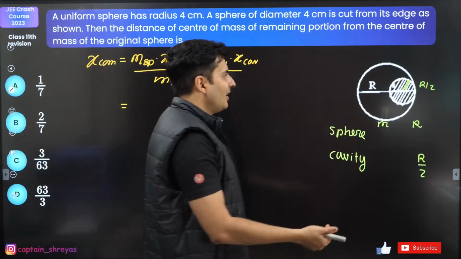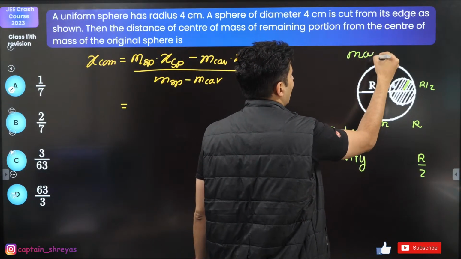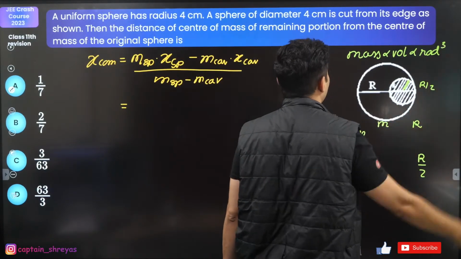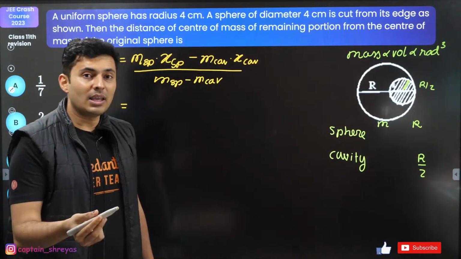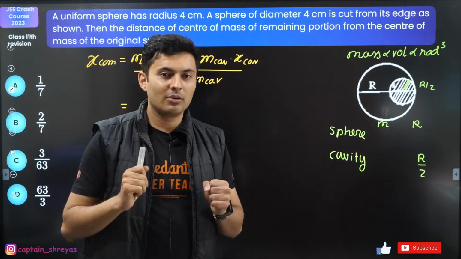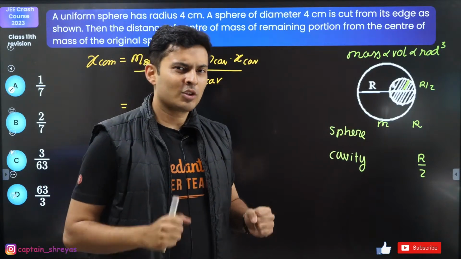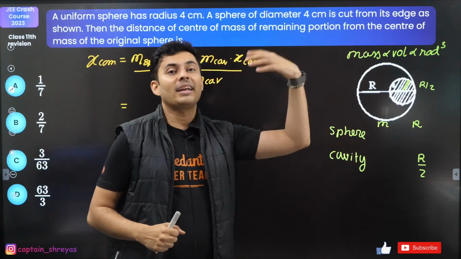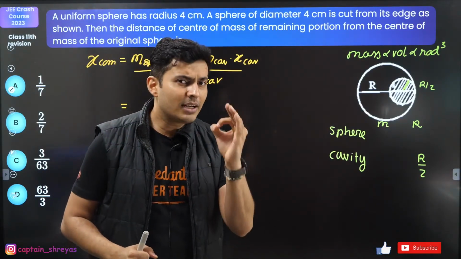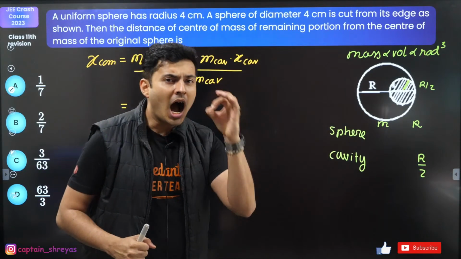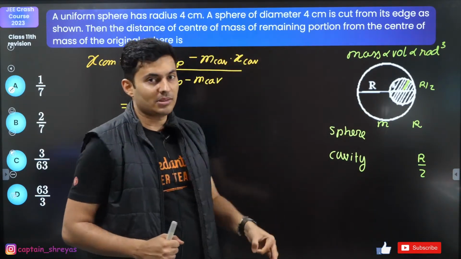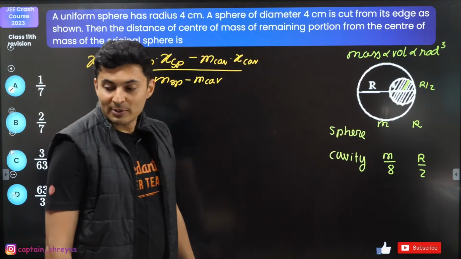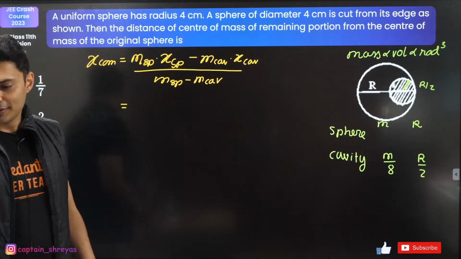That's not correct, bacha. Think that the mass is actually proportional to volume, and volume is proportional to the cube of the radius. 4 by 3 pi r cube, volume of the sphere. So if the radius doubles, mass becomes 2 cube or 8 times. If the radius becomes half times, half raised to 3 is 1/8 times. So this will become m by 8. Does that make sense to all of you? Why it becomes m by 8? Great.